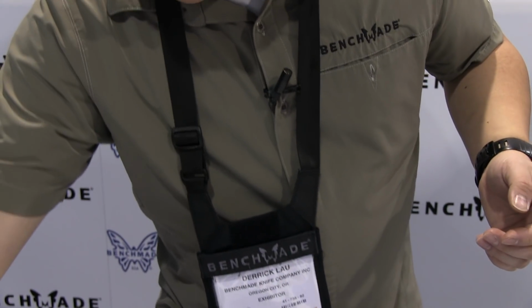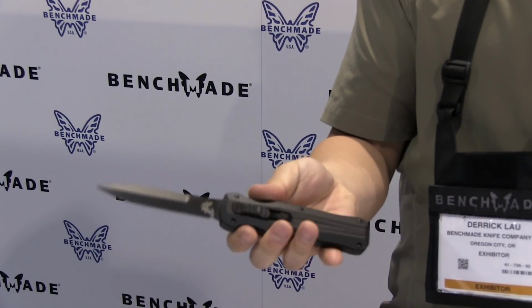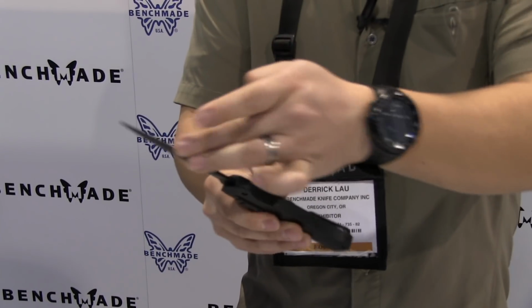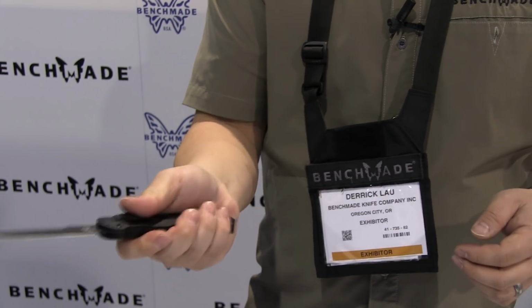Also new in the Black line, of course, we have the Pagan 3321. So we introduced the 3320 a year ago. This is the 3321, which is single-edged for those folks in states that require or can only use a single-edged